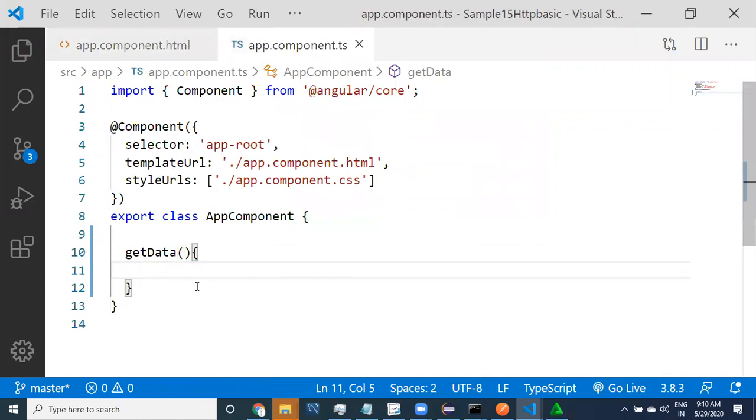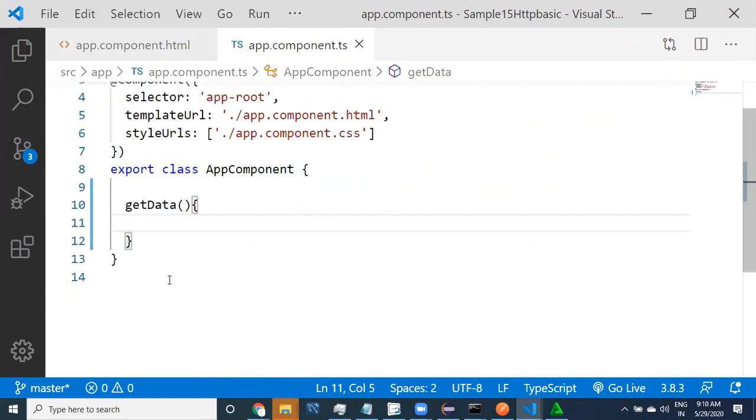Coming to here, guys, we are calling from front end to back end. This is event binding, everybody knows about it. From this method, I want to call the backend REST service, which is already running in the system. To call the backend service, we require the HTTP client object.